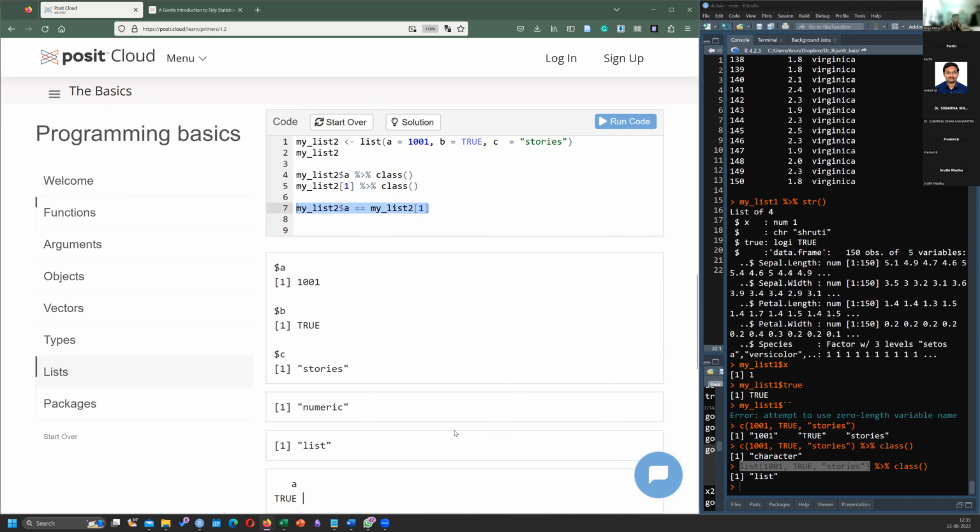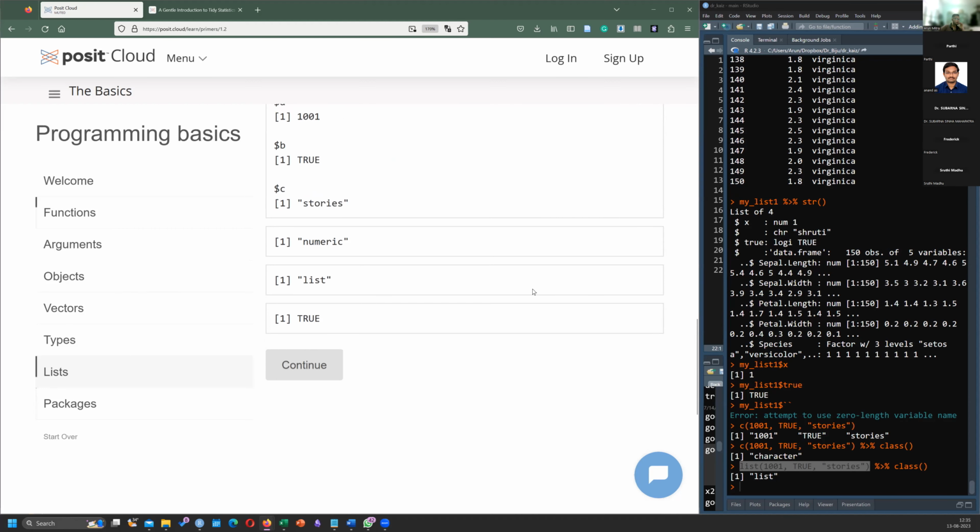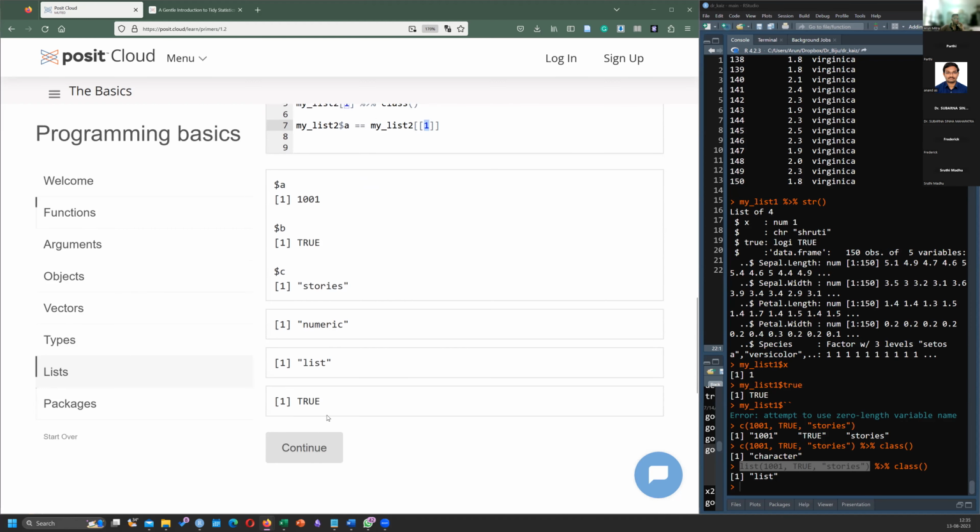So we have to be a little careful. Ideally, what should happen is I should put this also in a square bracket. Then it is true.